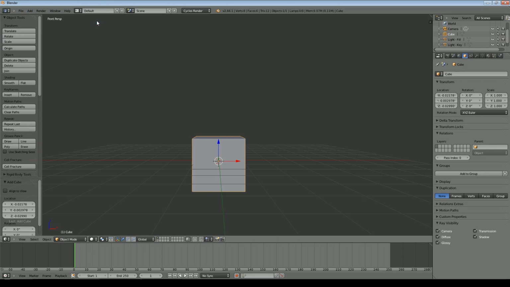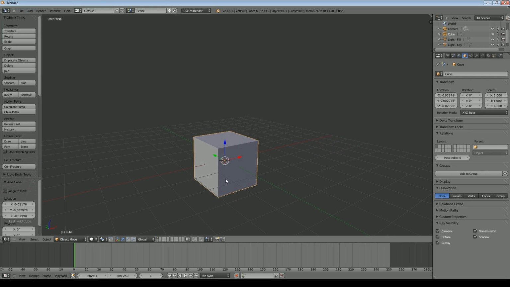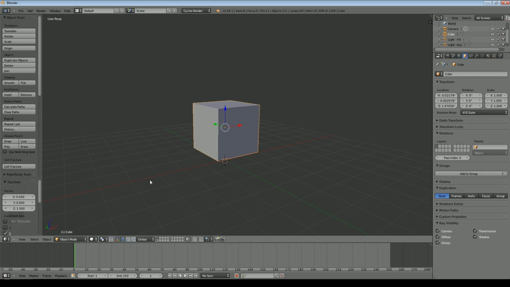So I'll add a cube and we'll have a look at how to move that around in an animation. You'll notice that we've got a timeline down the bottom here, and when we press play, that green line moves across to the right. These are frames. An animation is made up obviously of many frames, and you eventually end up rendering those into a video file. So at the moment I've got it set to 250 and I've got a little cube here.